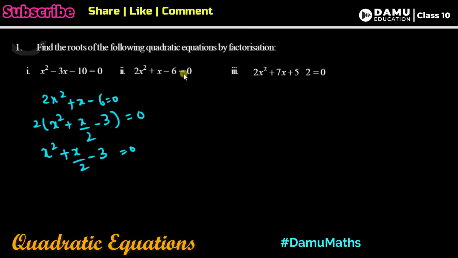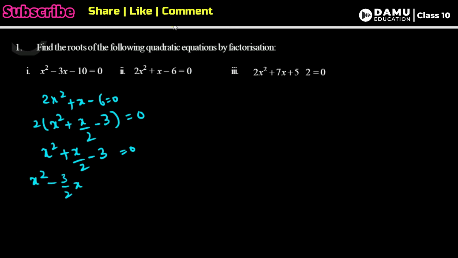Then what can you take common here? Then x square is there. x by 2, 1 by 2 we should get. For that we need to write 1 by 2 as x plus 2x. So if you take it like this, then we will get plus 4x, minus 3x, by 2, then 4x.